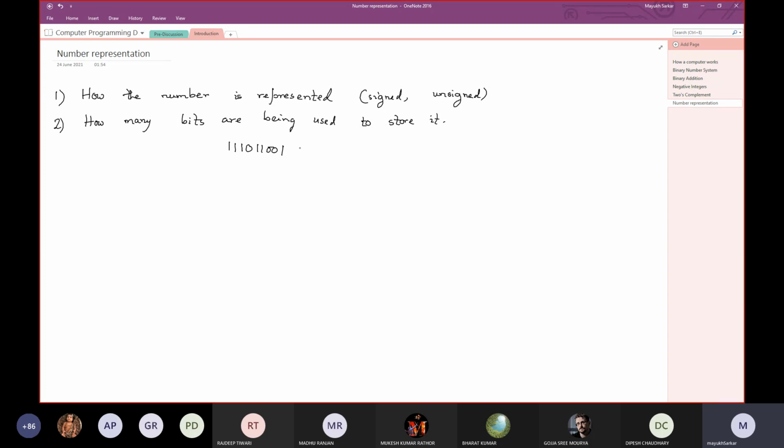And now there are two representations for this. One is signed. Signed representation means, see, computer does not know that we are using two different representations. It is at the programming level. At the programming level, we are writing whether I want to represent it as signed or unsigned. Okay, computer has no idea. Computer only sees the ALU, the CPU of your computer is seeing only the bit patterns.